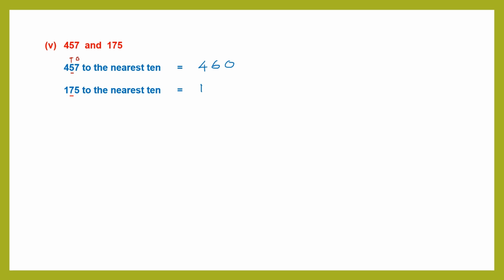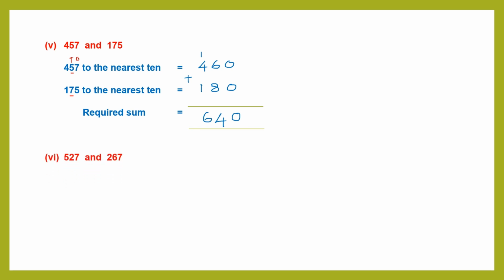So 1, 8 and 0. So that's 180. To find the required sum, we need to add up these two numbers. So 0, 4 plus 6 plus 8 is 14. Carry 1. 4 plus 1 is 5. 5 plus 1 is 6. We have